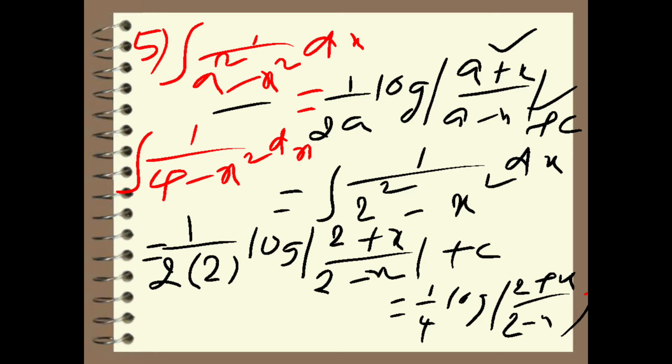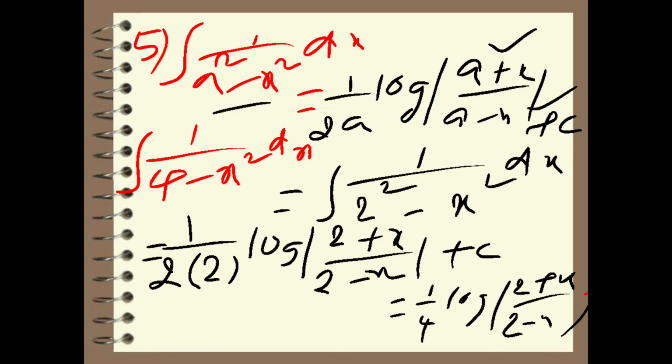Okay, so please observe once again, I am explaining this problem. 1 by a square minus x square, it is not under the root. Observe that. So if it is not under the root, then our formula RHS part consists of log. So 1 by 2a log modulus. Why we have taken modulus here? Logarithms are defined only for positive numbers. That means in logarithm, if there is negative or positive, consider only the positive value. So 1 by 2a log modulus of a plus x by a minus x plus c, which is our formula.